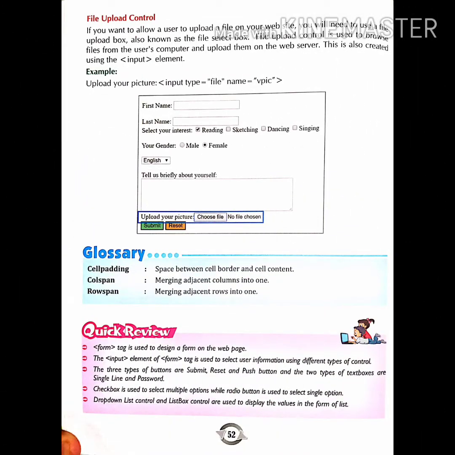Last but not the least, file upload control. If you want to allow a user to upload a file on your website, you need to use a file upload box, also known as a file select box. File upload control is used to browse files from the user's computer and upload them on the web server. For example, when you upload a profile photo in your WhatsApp,